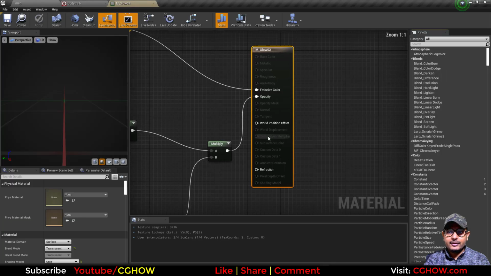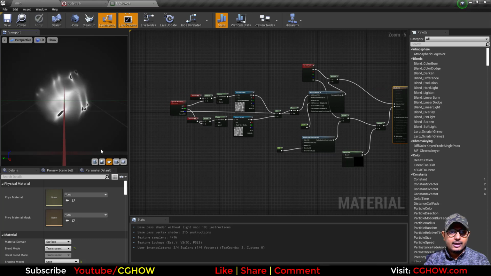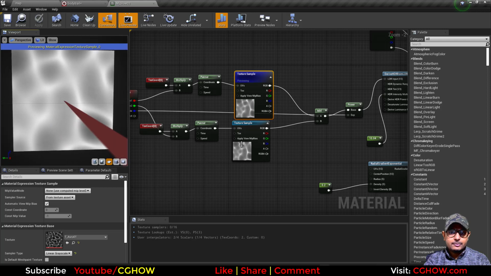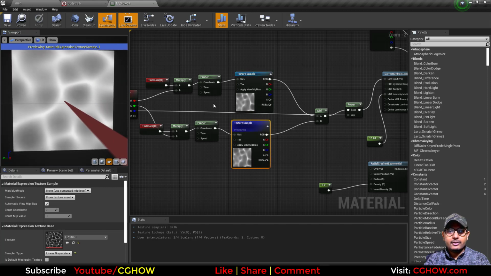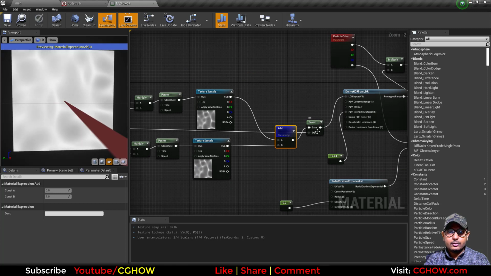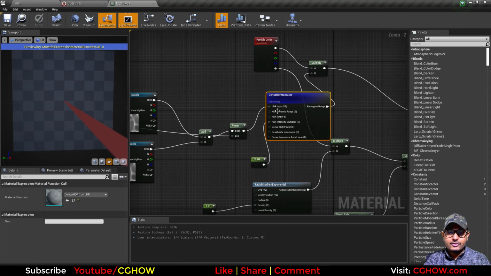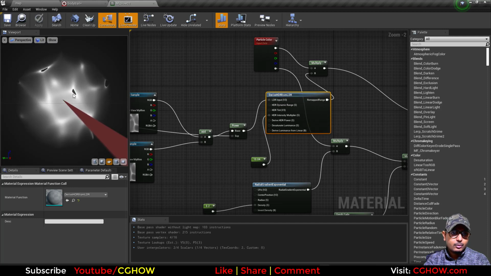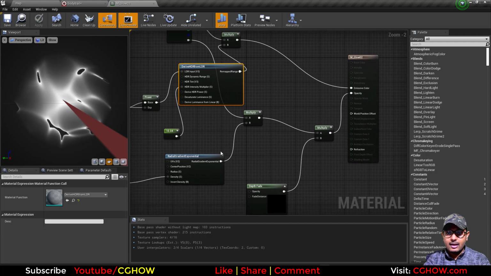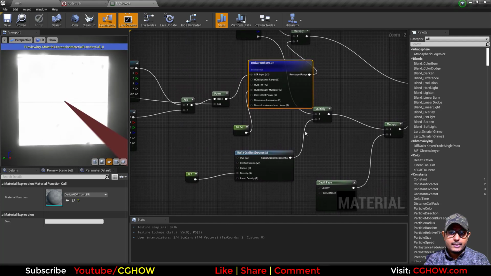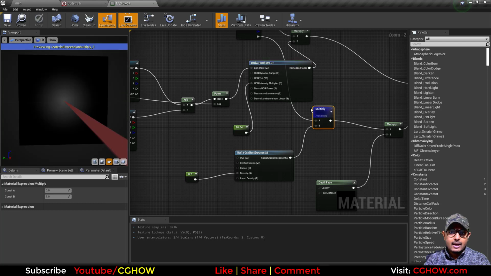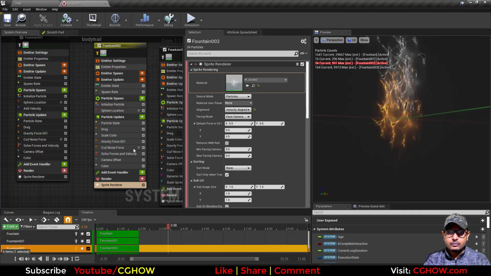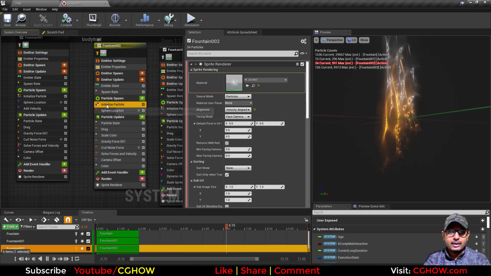Instead of radial I have this material, a very old material, initially I created it when I started the CGHow channel. So basically I have this aura texture which is panning, and the same texture which is panning in the other direction. Adding these together, then using power, and then using this SDR to LDR, and it's showing you these bright, glowy edges. And then because this texture is taking the full space, I'm multiplying this with a radial, and this is going to opacity, so it's cutting it in a radial form. Okay, so same particle system, just change the material, and here change the size.